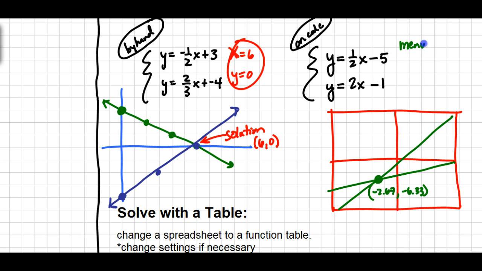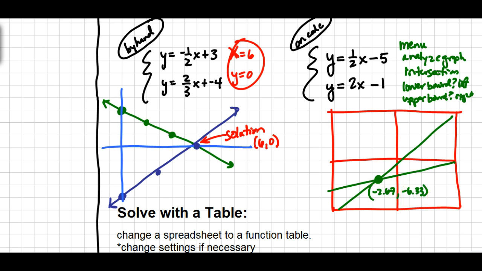We graphed, and then we chose Menu, Analyze Graph, and then we chose Intersection. After we chose intersection, it asked us for the lower bound, and for that we went to the left of the intersecting point. Then it asked us for the upper bound, and for the upper bound we clicked to the right of where they intersected,